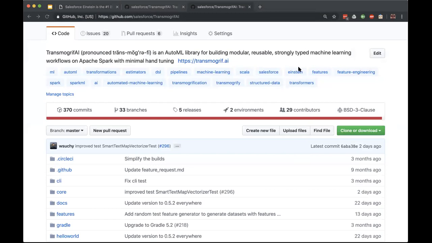I think there's one follow-up question. I come from a Python background and use pandas heavily. Do you plan to support Koalas in the future? I think you already answered